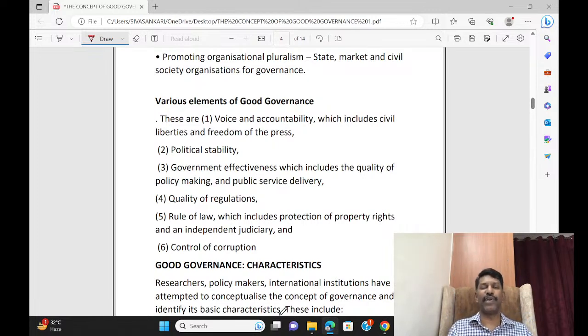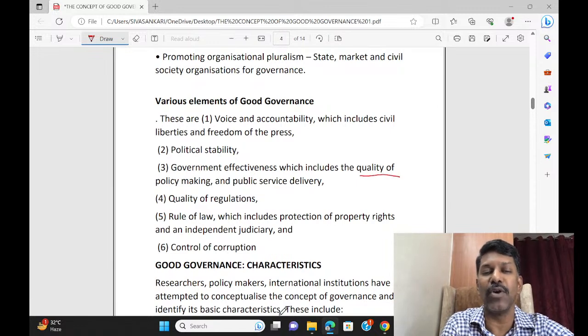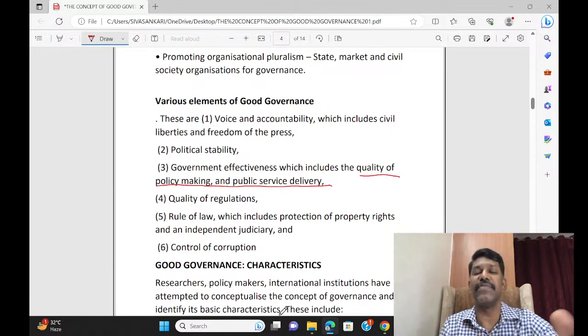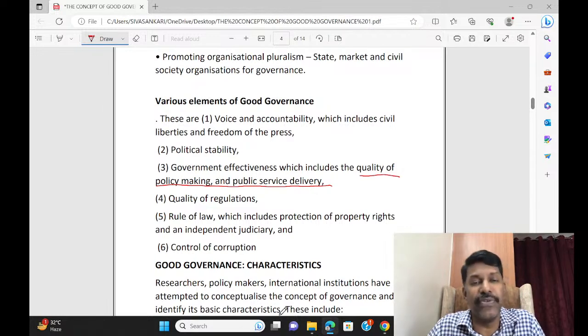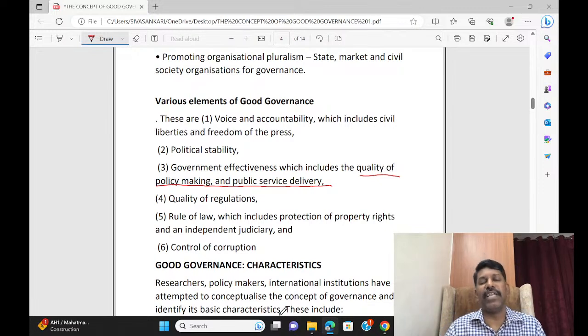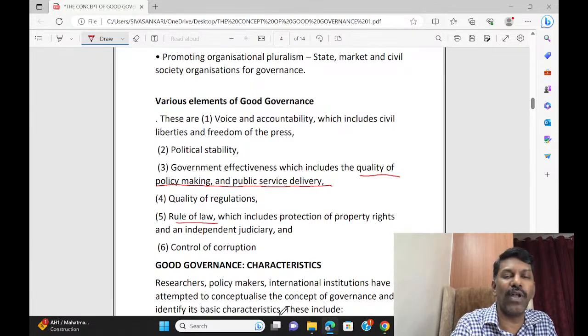how, in an effective manner, the government can make policy and deliver public services in a quality manner. On one side, policy making should be very effective to achieve the concept of public service delivery in the nature of total quality management. TQM, people will say, total quality management. When I discuss total quality management, even the quality of regulation comes into force as a next element. On the basis of that, we can talk about the idea of rule of law